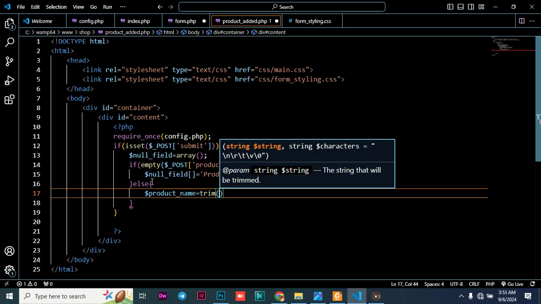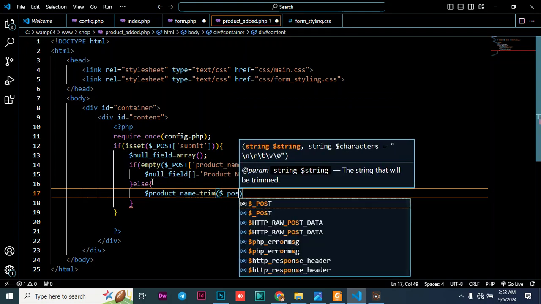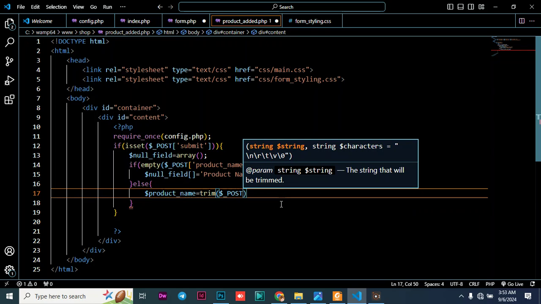And then we just say post. So you are supposed to insert this value: the product name that you have been given. In case it's empty, assign the value to null field. But else,